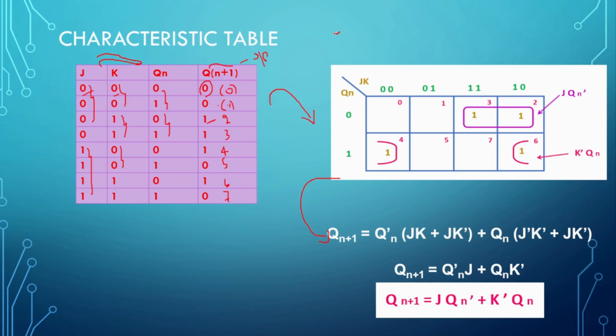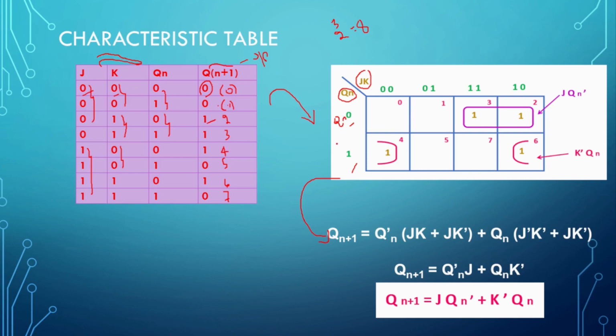If you have three variables, how many cells do you need to design a K map? With the help of the formula 2 to the power 3, where 3 is the number of variables, you will find 8. You need to draw the 8 cell K map. So the row is filled with Qn and the column is filled with JK values. Still 0 and 1. This is Qn